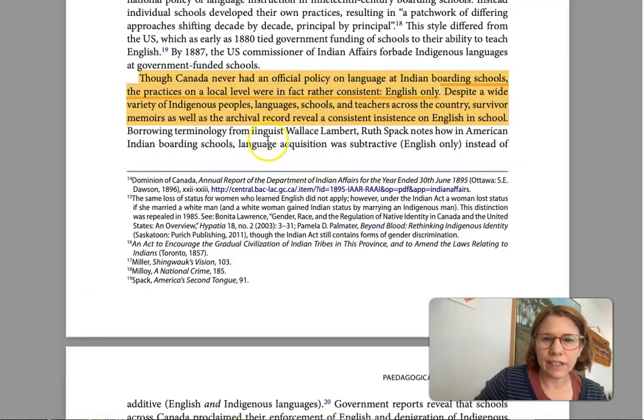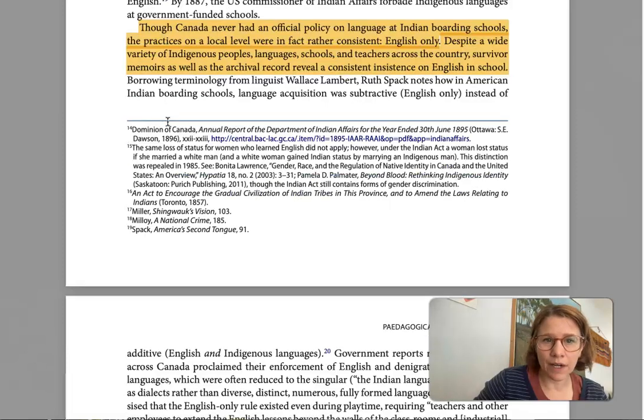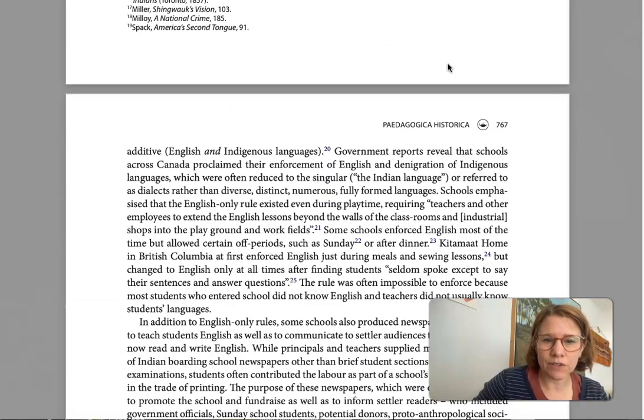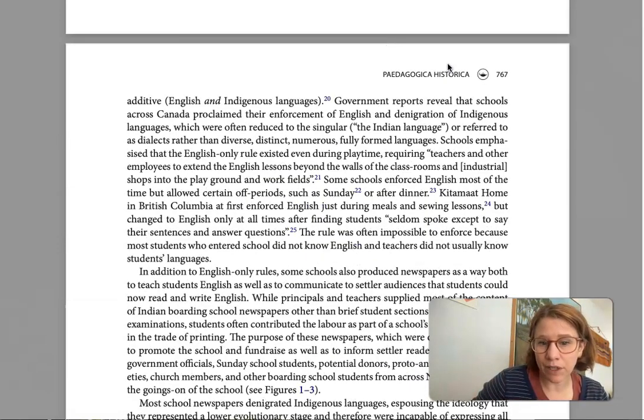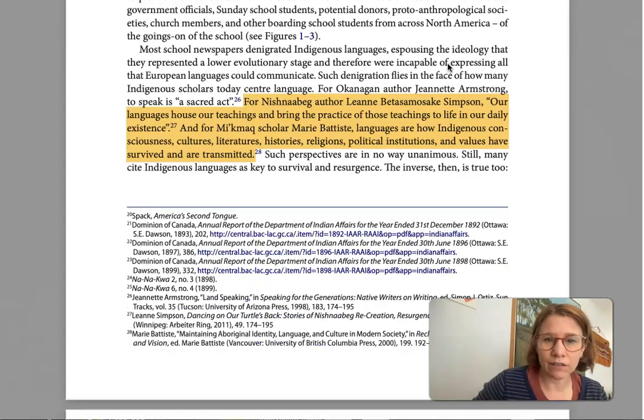So she's looking at documentation from survivors as well. She's going to look at memoirs and other writings by Indigenous authors slash residential school survivors who talk about this topic of being punished for speaking their home languages. Yes, so some Indigenous authors,